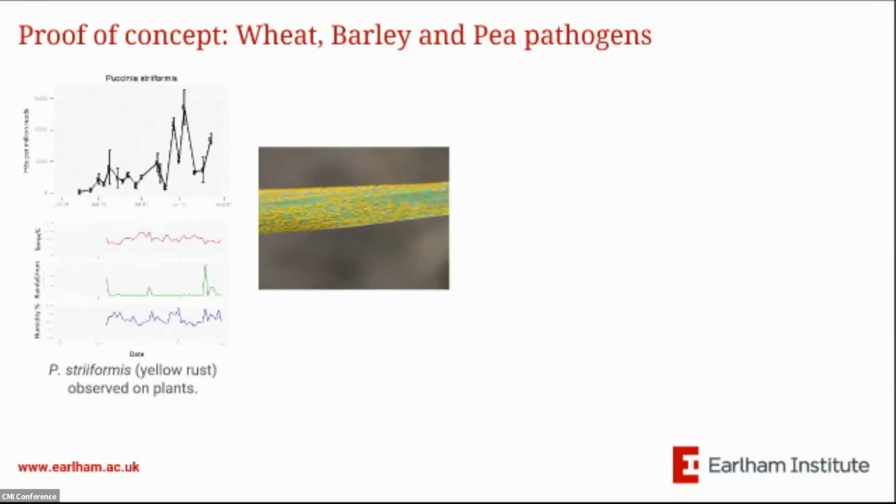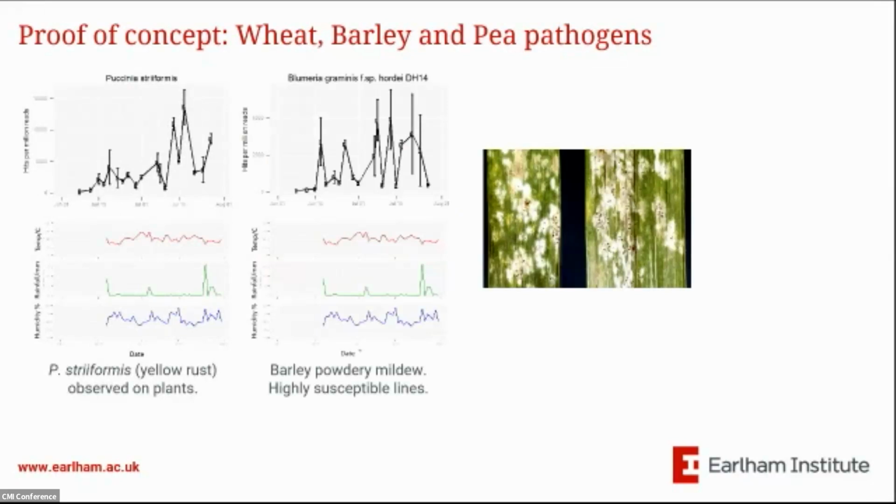So we see it low at the start and gradually increasing in abundance over the time we're monitoring. And again, we see on the crops damage increasing over that time as well. The next one is barley powdery mildew. The lines of barley being grown were highly susceptible for this, and we see this coming back repeatedly during the